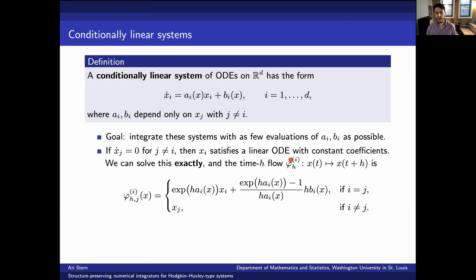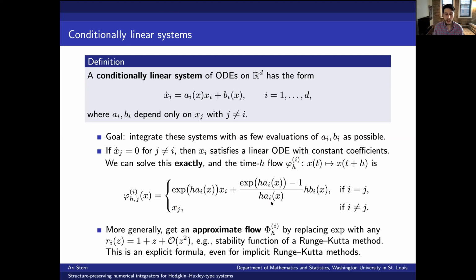So if I use this to mean the time h flow of xi, where all of the other xj's are held fixed, then this is how xi evolves. It evolves like this, and the xj stay the same. And we can do this more generally. We don't have to do the exact flow necessarily. We can use an